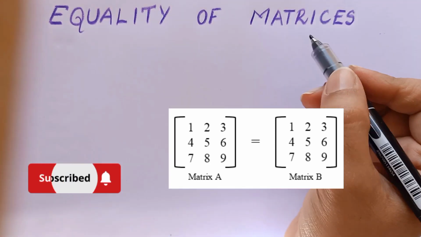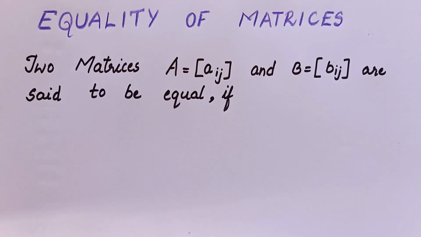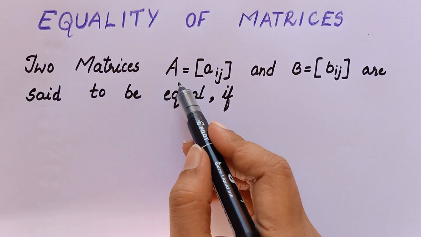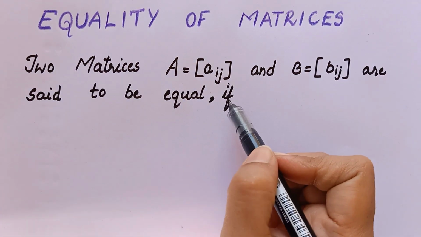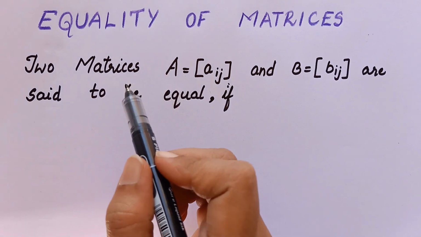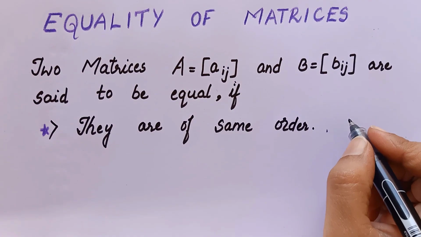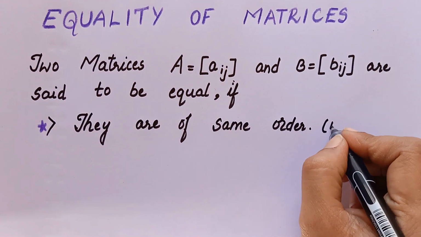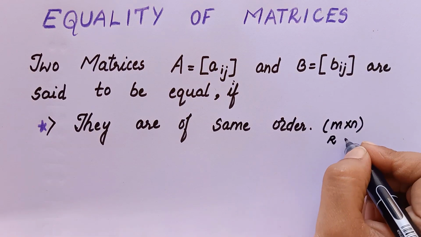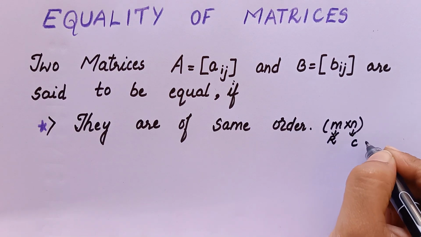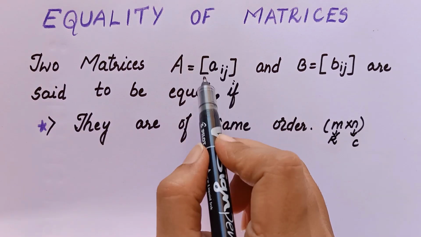Here, let us see the equality of matrices. When can you say that two matrices are equal? Two matrices A equals Aij and B equals Bij are said to be equal if they satisfy two conditions. And what is this ij? i is the row number and j is the column number. The first condition is that they are of the same order. How do we write this order? We write order as m by n, where m stands for the number of rows and n stands for the number of columns. If they are of the same order,